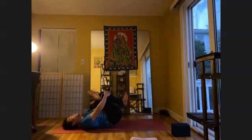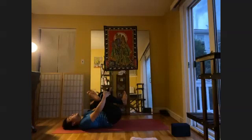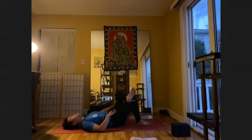Push your tailbone into the ground while pulling your right knee into your chest. Open your elbows, which is pressing the left knee open. Enjoy the last couple of breaths of stretching the left outer hip, which tends to get so tense from sitting all day. Release your right foot down. Use your left hand to keep pushing the left knee open, and drop the left foot and right knee to